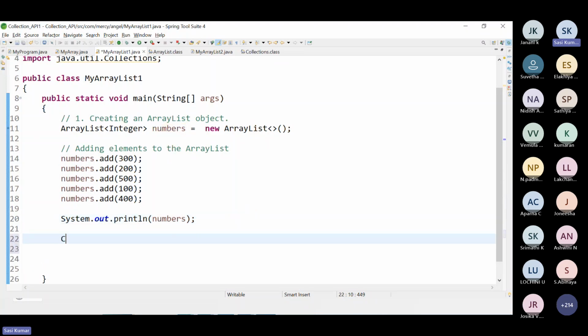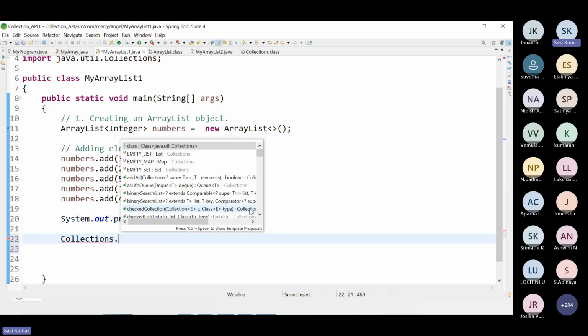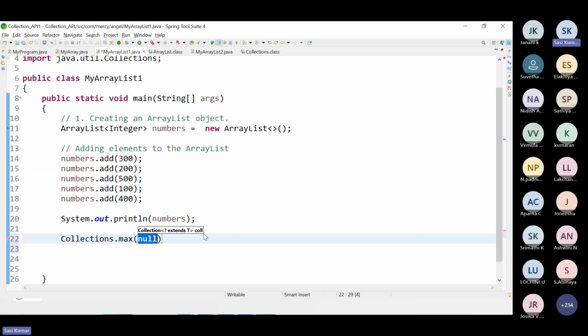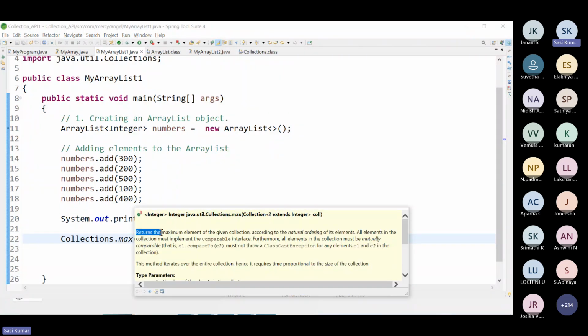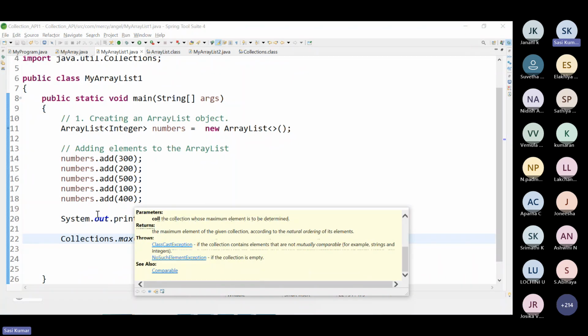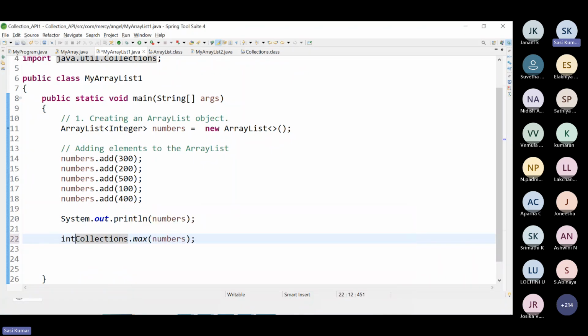Just call Collections.max. Provide the list, the array list from which you want to find. There can be many types of array list. If I call this method, it returns the maximum element of the given list. Same documentation we are seeing. So you store the element also, int element. You can give any name.